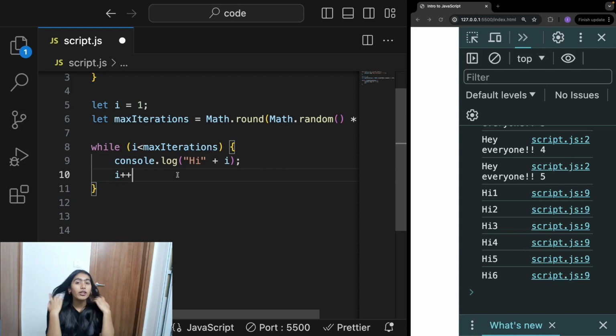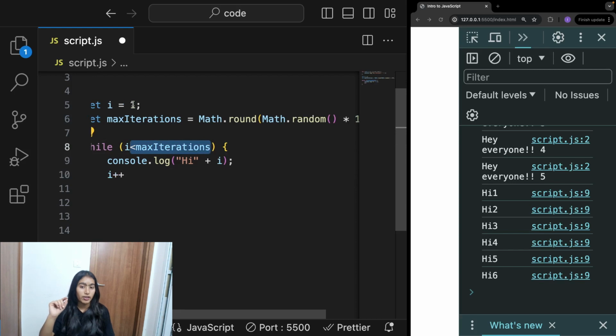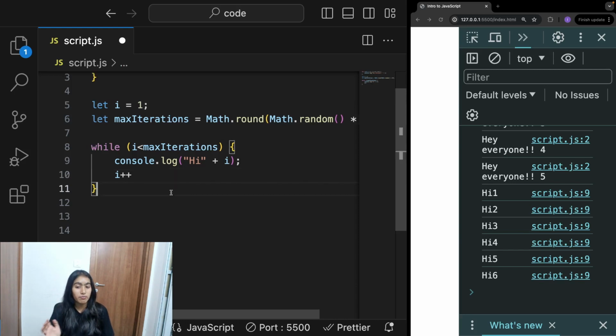And what a while loop basically does is execute a block of code as long as the condition is true. So if I don't write this incrementing thing, then this condition will always stay true. Why? Because if I keep I as 0, then it will always be lesser than max iterations and it will be true, and it can be a never ending loop and actually crash my browser, which we shouldn't do. Avoid that. But yeah, this is how you write down a while loop.